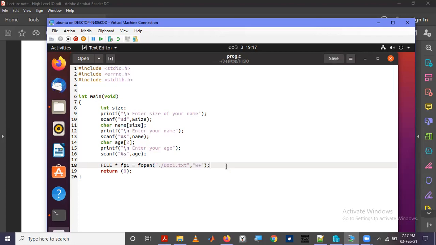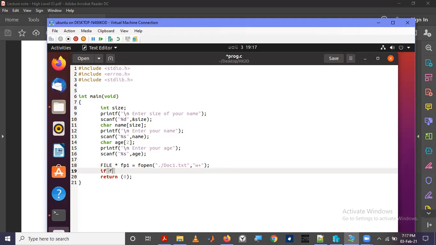Right, so just like we did the error handling last week, we have to do that error handling for this high level IO model also. That means we have to check whether this file was opened or not. So if this was not able to open, it will return a null pointer. So we have to check that.